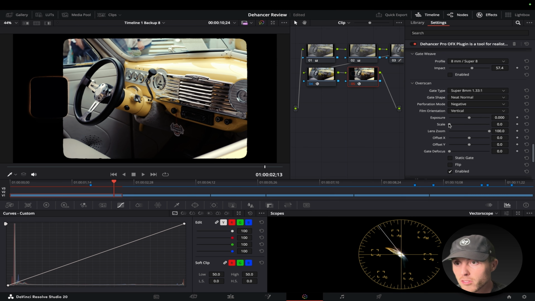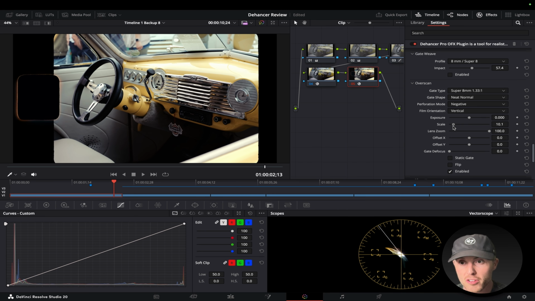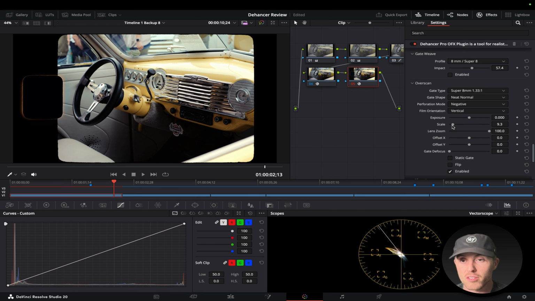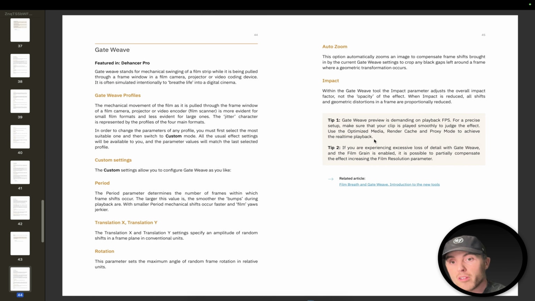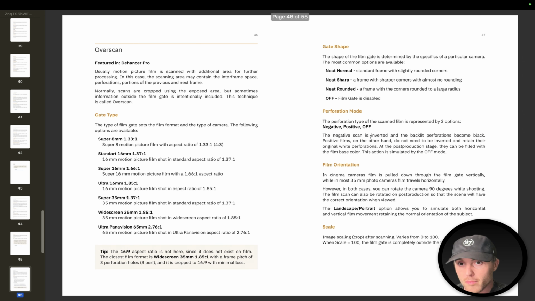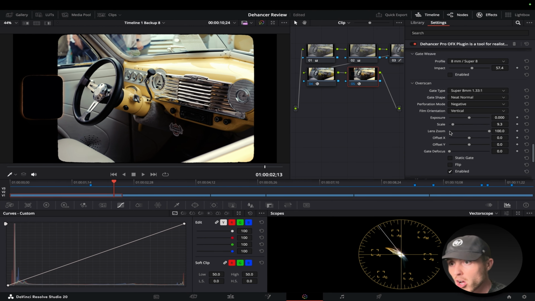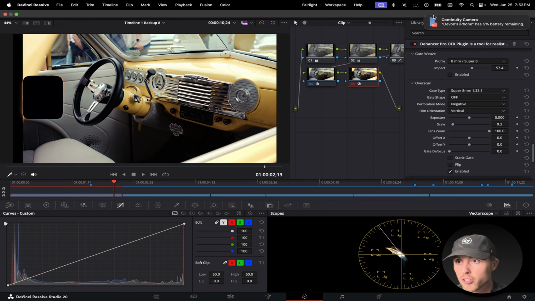Oh, we have to enable it, and with scale, changing the scale here, you can see right away what this does. This will replicate the film reel when it is being scanned. And as you can see here in the overscan menu, it explains the motion picture aspect ratios between 8 to 65 Panavision. Also the gate shape, and it gives you lots of different options on how you want to tweak this. Let's go back now and let's just play with this a bit because it's kind of fun to work around this. You can sharpen the edges, you can round them, turn it off,